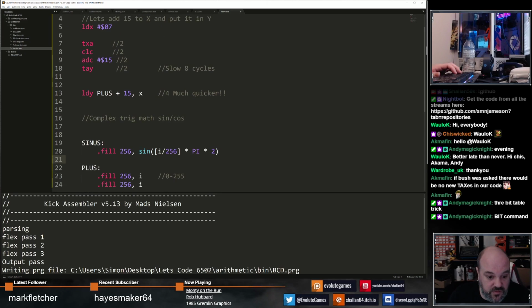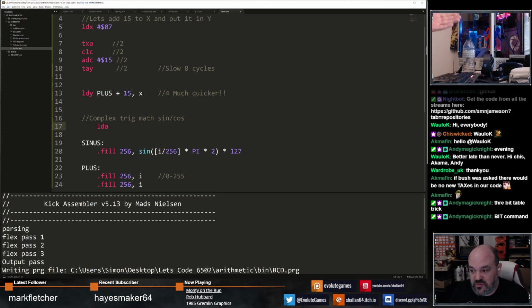And this will give you values, this is what I normally do, from -127 to 127 on a sine wave. And then you would just treat your angles, instead of 360 degrees, use